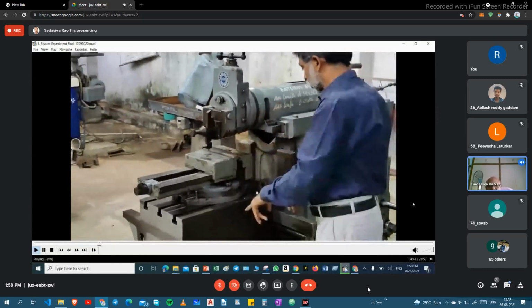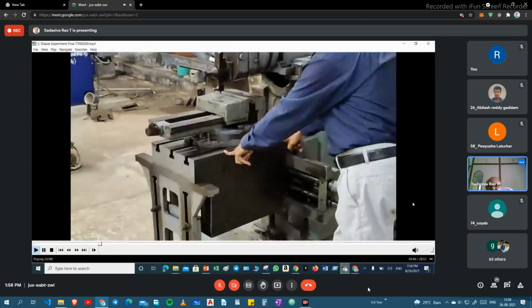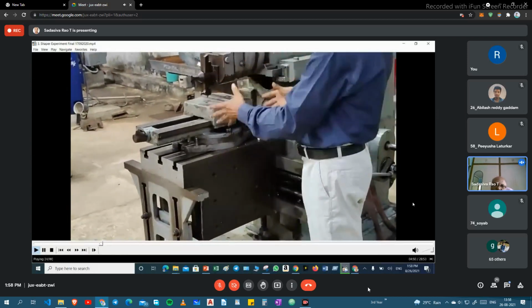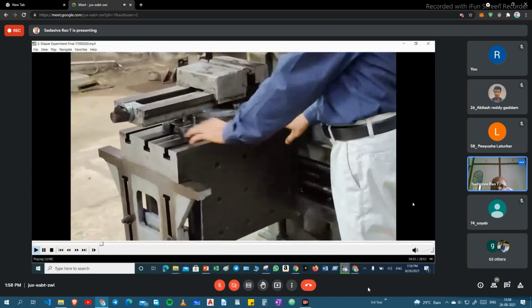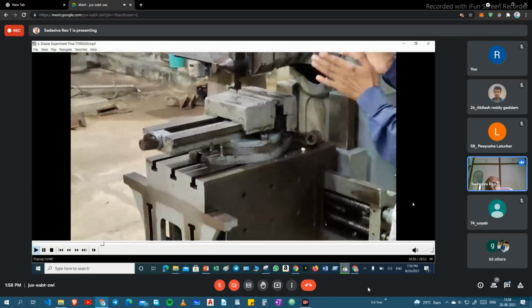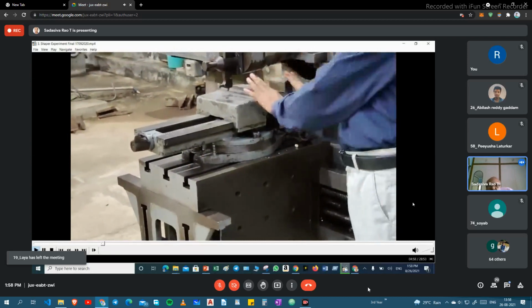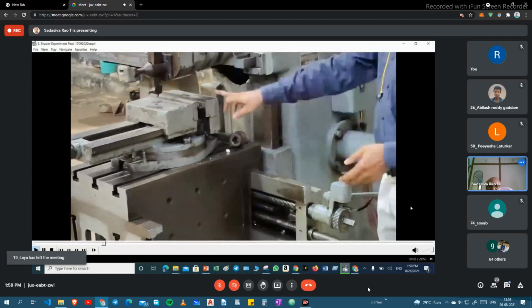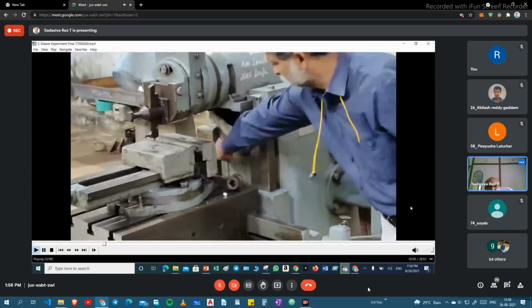Then come to this one, this is the table. If a workpiece is heavy, we directly place the workpiece on the table. If your workpiece is smaller, we fix the workpiece on the machine vise, this is the machine vise. Then this is the holding device. Then you see this is the saddle.